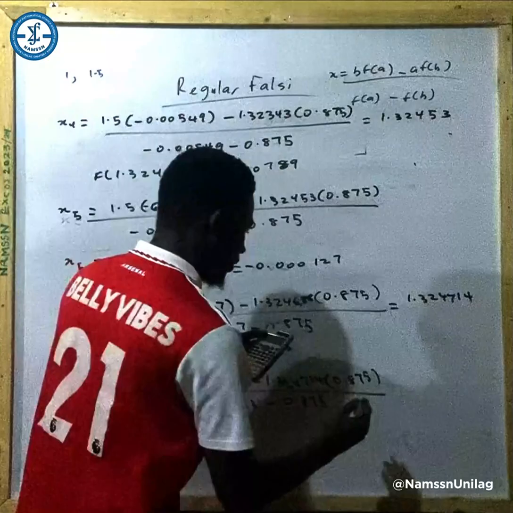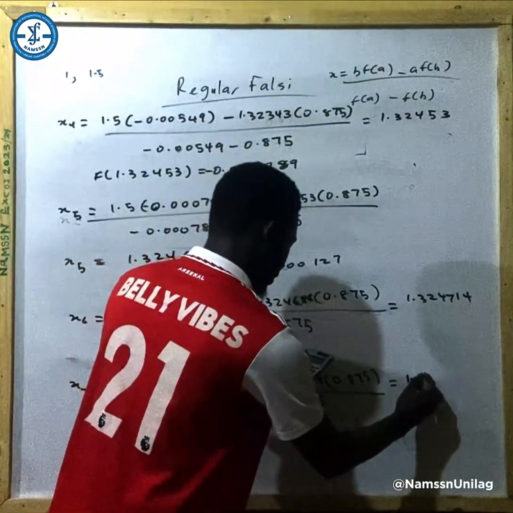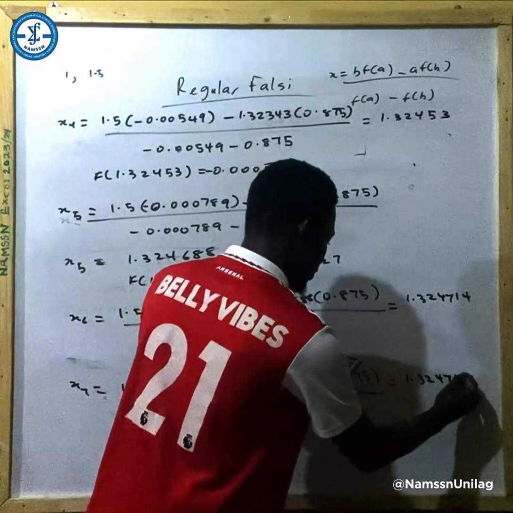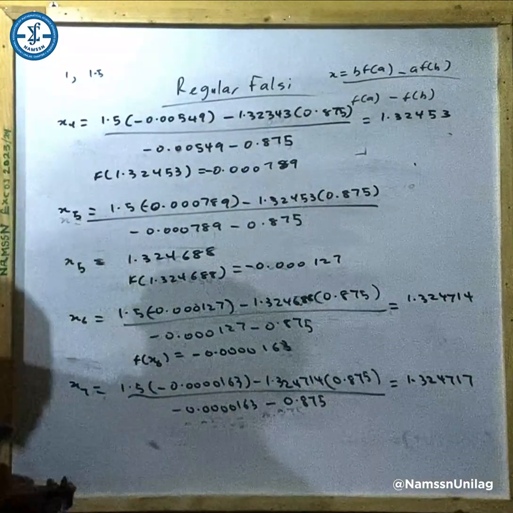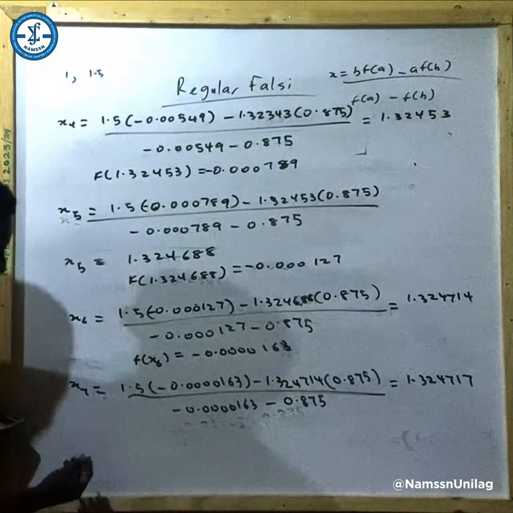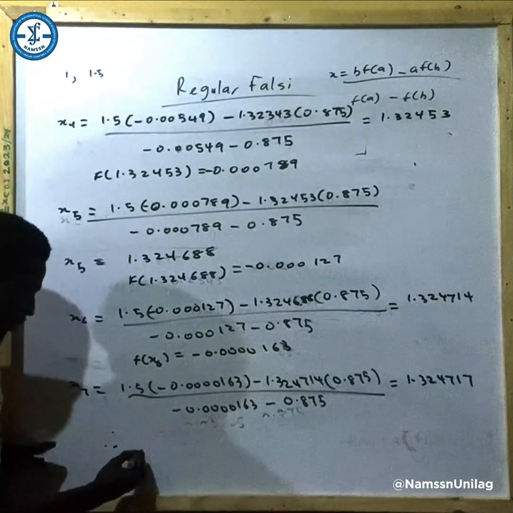Okay, so we have 1.324717. If we are picking our answer to five decimal places,